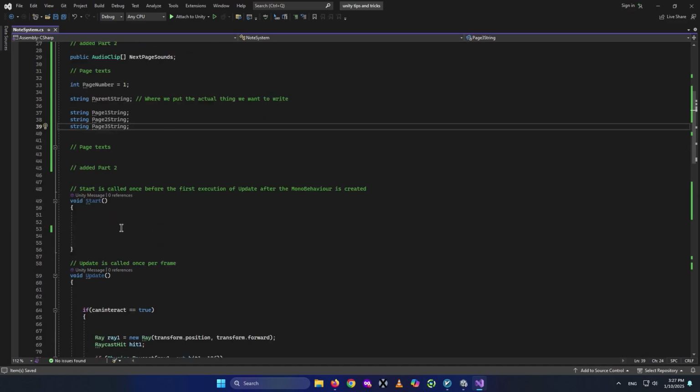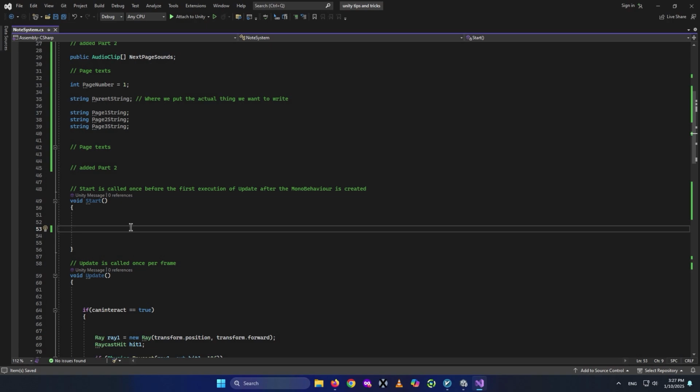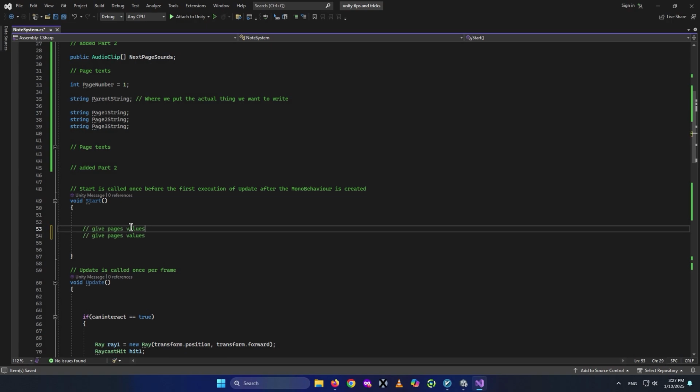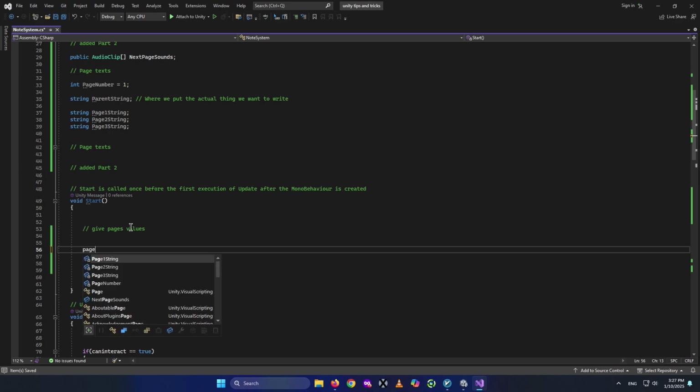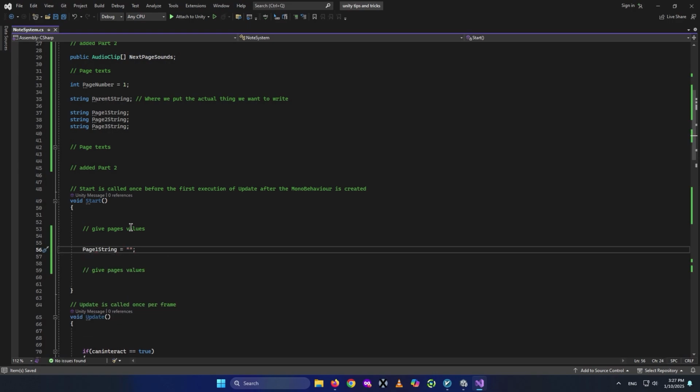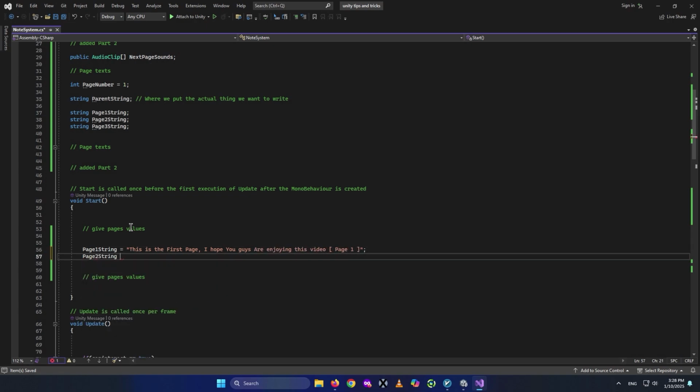Let's go down here to the void start, where we give the things we want to write in the beginning. So I'm just gonna say give pages values. Right here, we say, for example, page 1 string equal to the thing we want to write. So what do we want to write in the first page? For example, I want to say this is the first page. So this is for page 1 string. Page 2 string is going to be